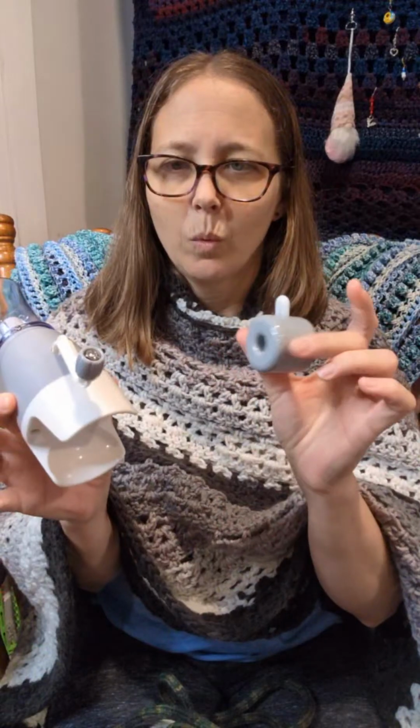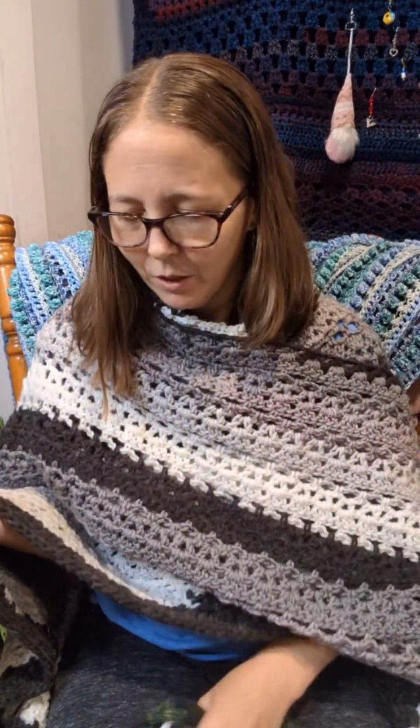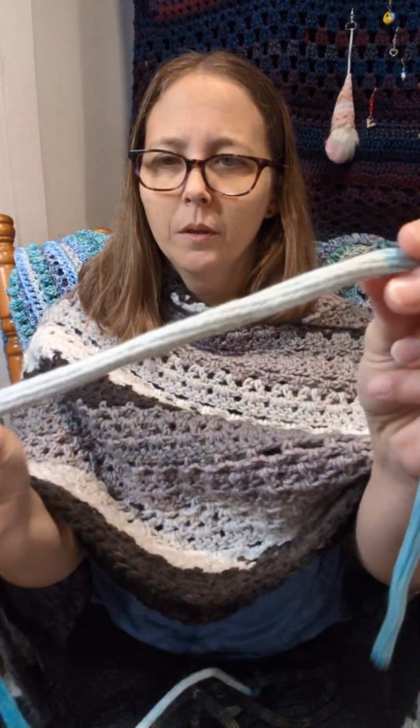I also do have this one. It is a 4-pin versus the 6-pin Addie Egg. And this is the weight that comes with it. I like this one just slightly better. It's still finicky too, but you know what? It makes cute I-cord too. So let me put this down. This is the I-cord that the tulip